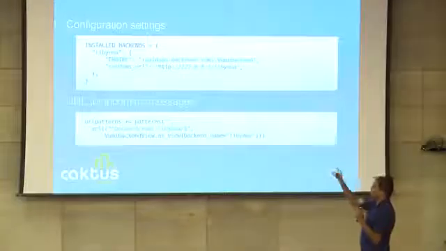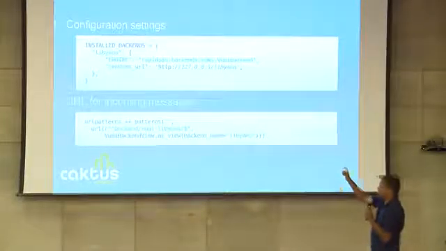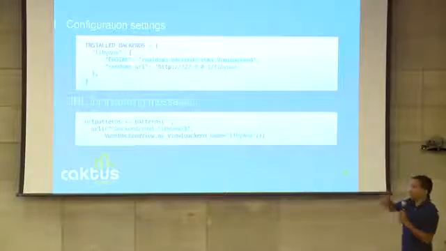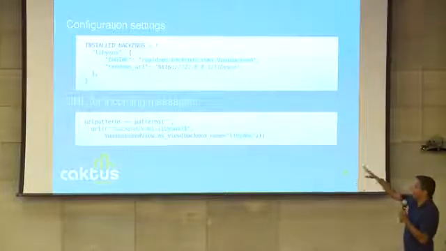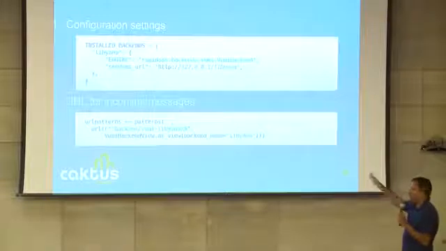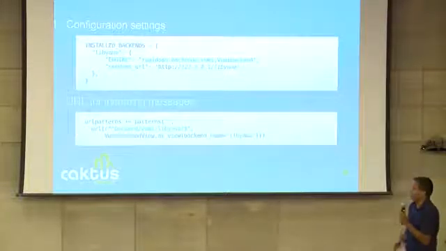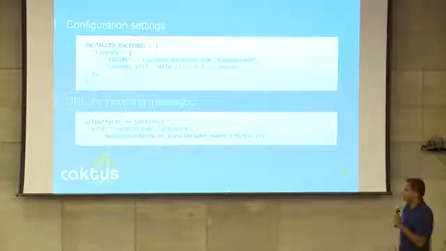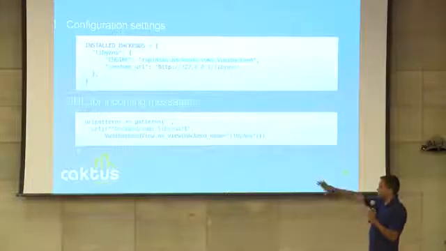And then Vumi specifically needs a URL that tells RapidSMS where Vumi is located. In our situation, it's on a different machine, but it could be on the same machine, and that's just a URL that Vumi will accept messages at. So that's for sending messages out of your system.